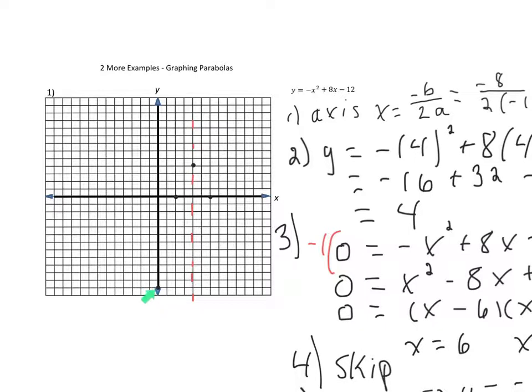So here's our y-intercept, and we're going to count 1, 2, 3, 4. It's 4 units away from our axis of symmetry. So our reflection point is 4 units to the right. 1, 2, 3, 4. So we're going to plot that balance point right there to create our symmetry. So here's our reflection point for this y-intercept, 4 units away. 1, 2, 3, 4. Now we're ready to connect our downward opening parabola, where this is your high point or